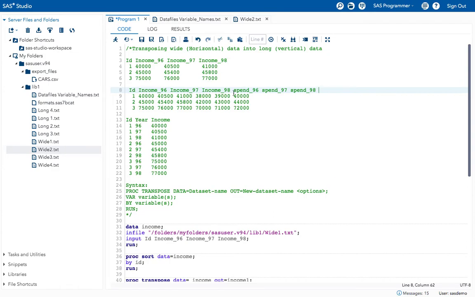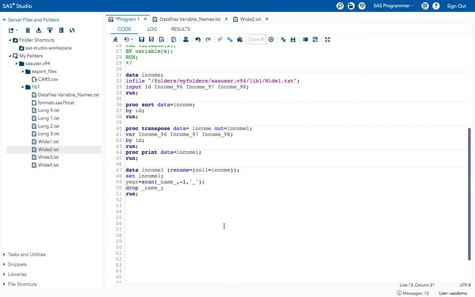Now I have 3 extra data variables: spend 96, spend 97, spend 98. Now I want to convert these income and spend variables into two different variables, so I want to add the spend variable here with these 3 spend variables.